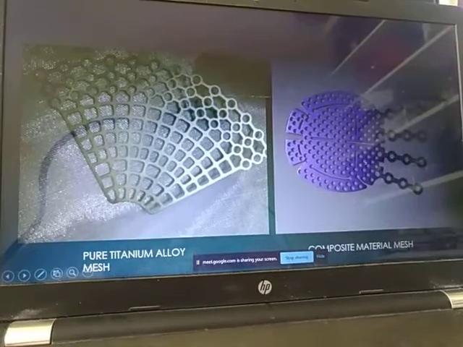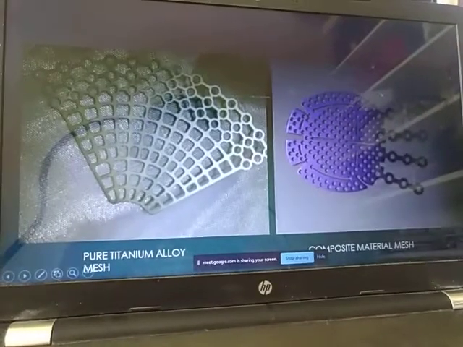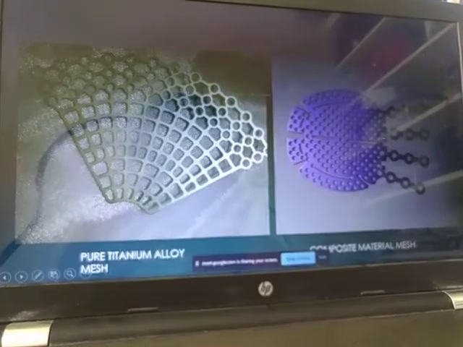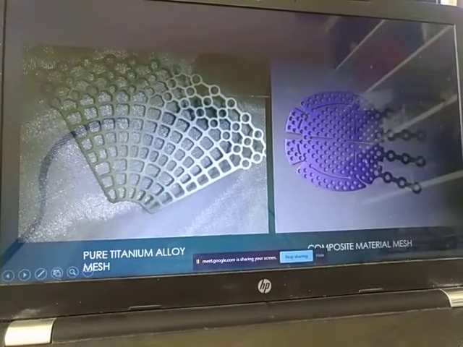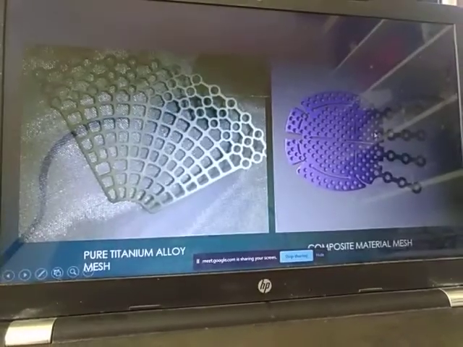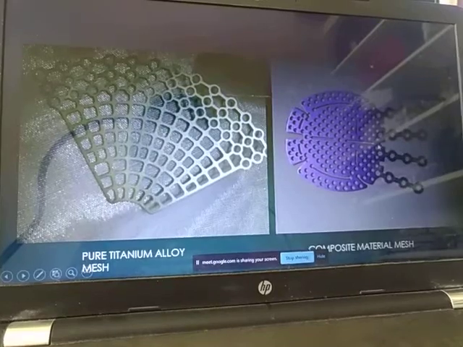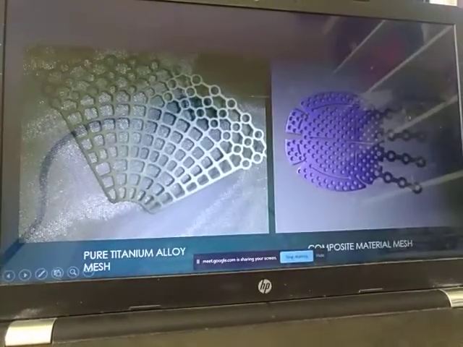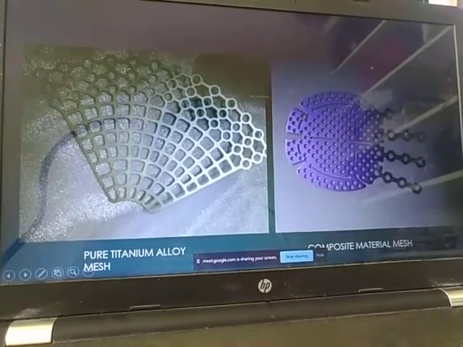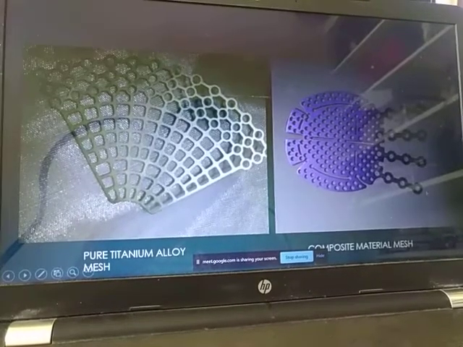And this is the most modern and the most commonly used type of composite material mesh that we use. It is completely porous, so it helps in the vascularization, and it can be fixed using titanium screws. You can see over here there are screw holes which can be fixed to the rim, or you can also use tie-in sutures to